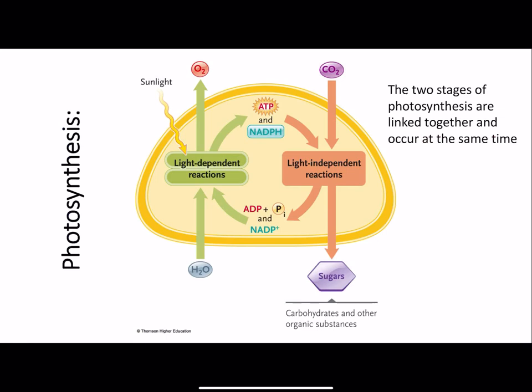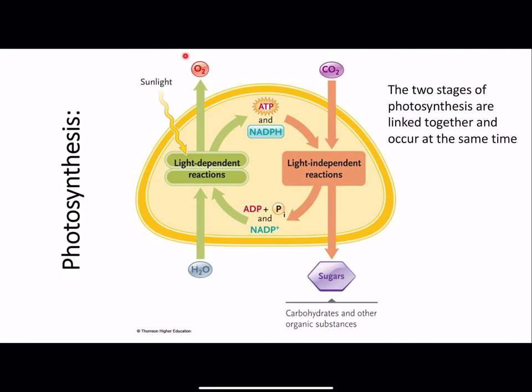Okay, so this schematic just kind of goes over where everything is and what's happening in terms of the major players. So my light-dependent reactions happen in the thylakoid membrane, or on the thylakoid membrane. In the light-dependent reactions, I'm going to take in water, and I'm going to use energy from sunlight, and I am going to make ATP and NADPH. I also make some oxygen, but I'm not going to use it, so it leaves the leaf and